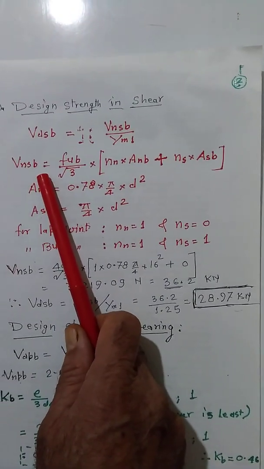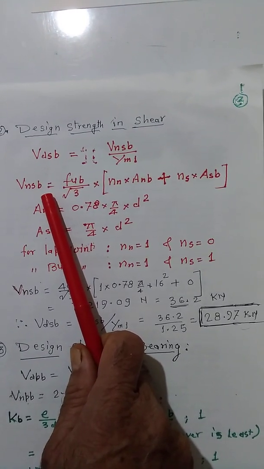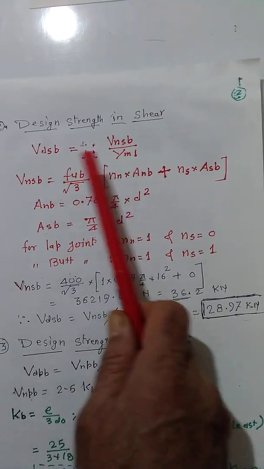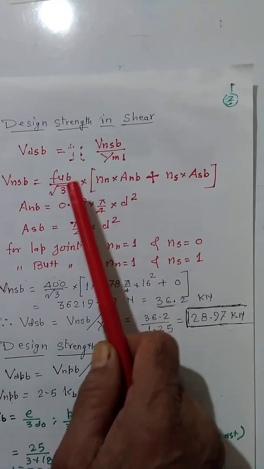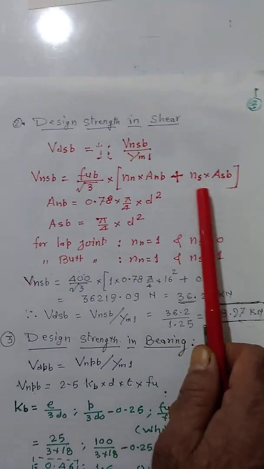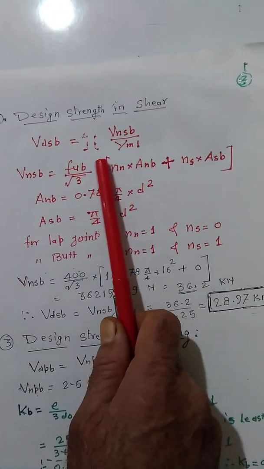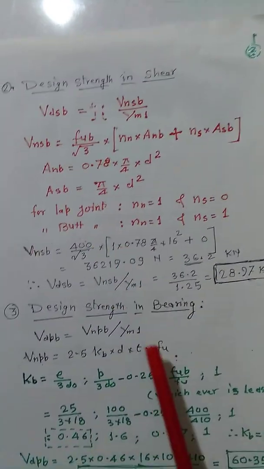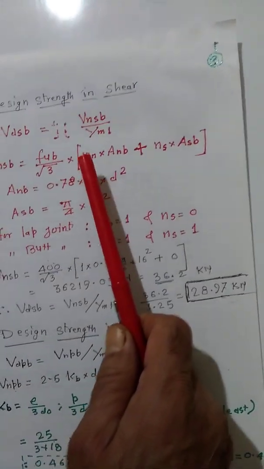Now VNSB, VDPB. VNSB is equal to FUB upon root 3 into N into ANB plus NS into ASB. I will explain each and every one. This is the shear strength of a bolt, which I have already mentioned there. It is taken as 400 upon root 3, and N,